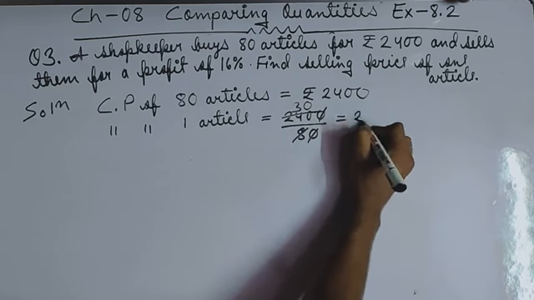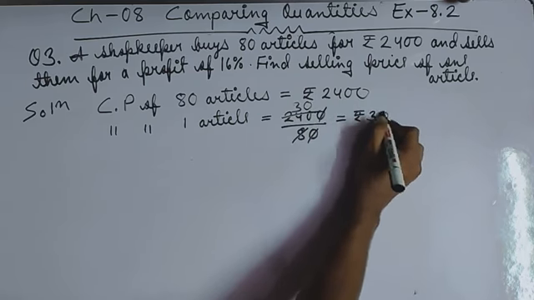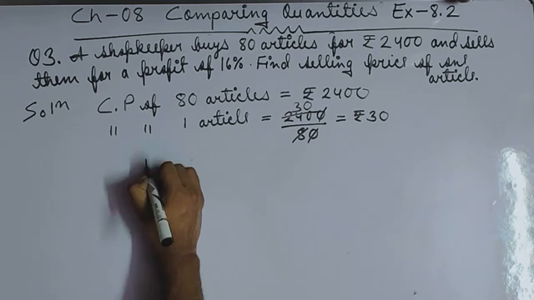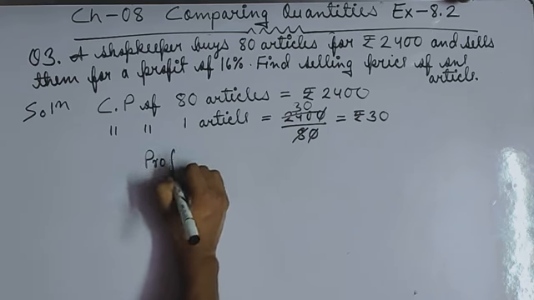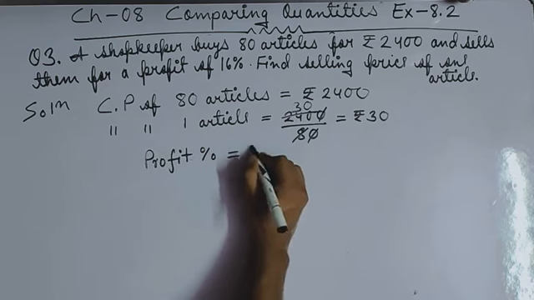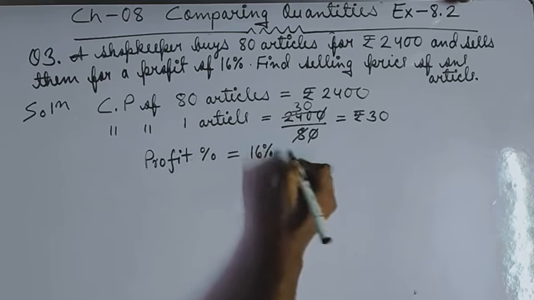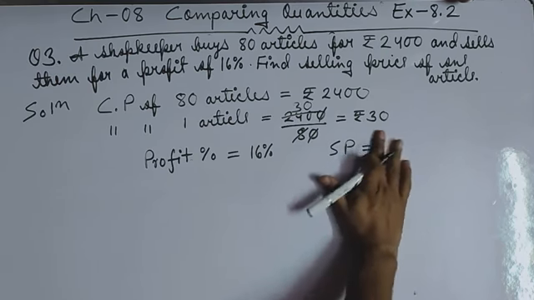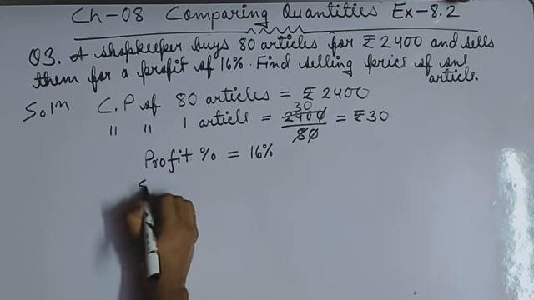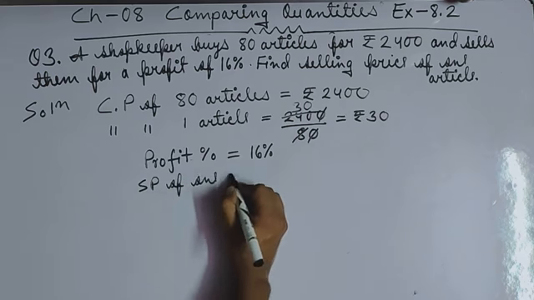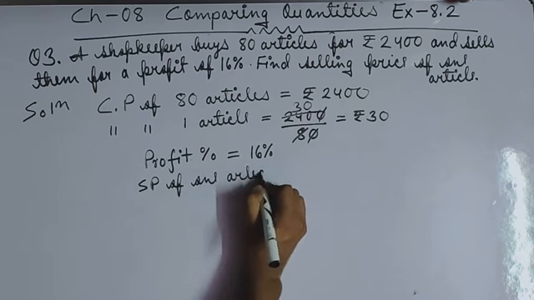The cost price of one article is coming equals to how much? Rupees 30. So now we have a CP of one article, that is 30, and we have profit percent also given to you. Profit percent is given to you how much? That is 16%. अब हमें क्या फाइंड आउट करना है? SP you have to find out. किसका? You have to find out SP of one article. ये हमें फाइंड आउट करना है।